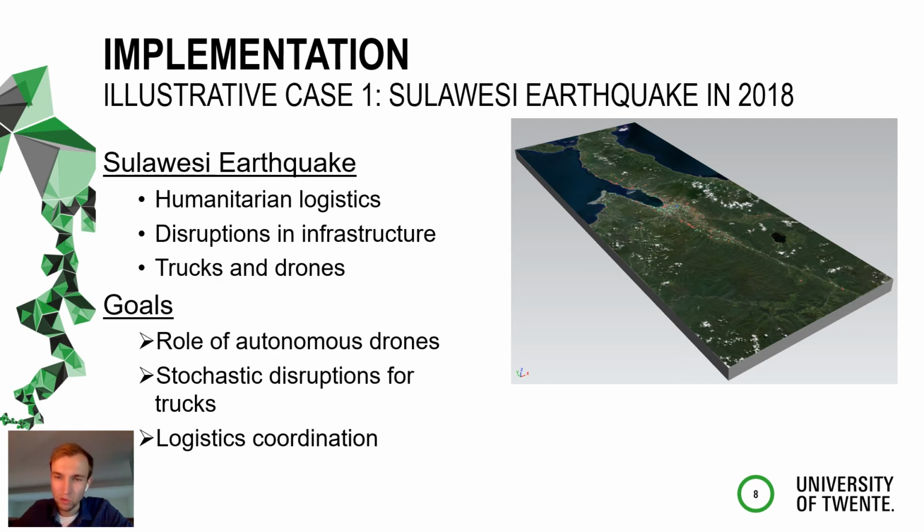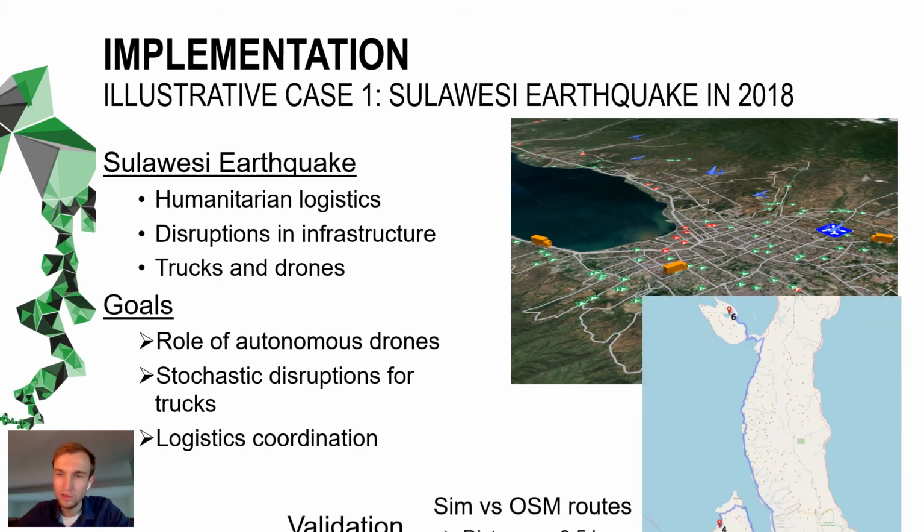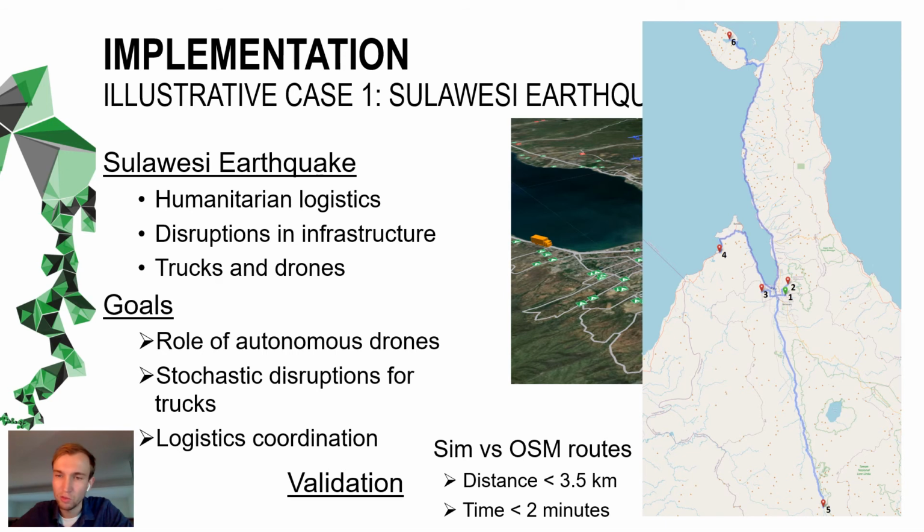Here we see it in more detail for the city of Palu. We applied a validation of the road network in order to find out the accuracy of the network. We modeled a few typical routes in the area, which stretches more than 200 kilometers. And we found that the deviation in distance was only a few kilometers at the longer distances,